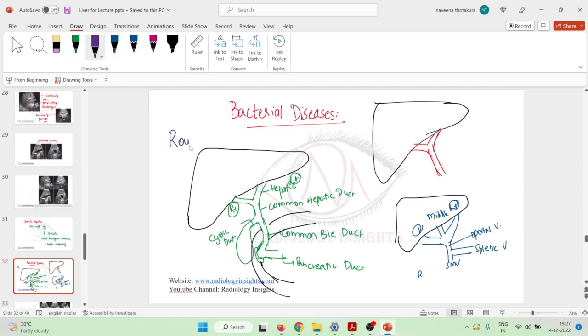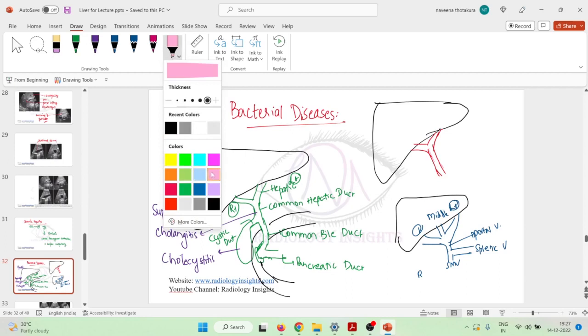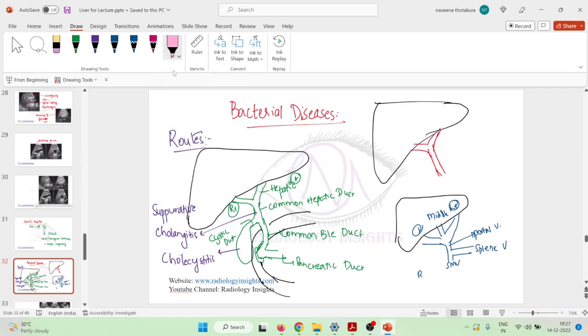So the routes through which infection can enter the liver: one, direct extension from the biliary tree. That is, in the gallbladder, if the patient develops cholecystitis, or in the biliary tree, if the patient develops suppurative, that is infective, cholangitis. So if there is either infection of the gallbladder, that is cholecystitis, or infection of the biliary tree, that is suppurative cholangitis, in both these conditions the infection can enter the liver. Second,